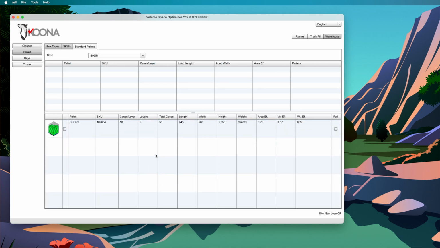It'll calculate again, but it'll calculate only one. And this one has 10 by 5, which is 50. It's not very efficient, but it's the one that we were selecting. Sometimes some pallets come from manufacturing with arrangements that are not as efficient as the ones we can get manually. That's one of the purposes of entering the exact tie and high. So let's delete these pallets